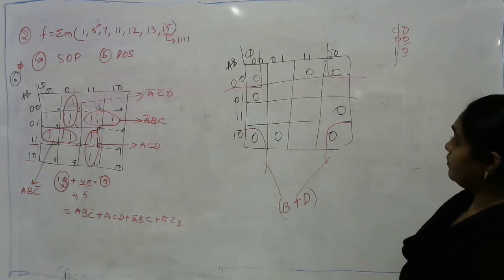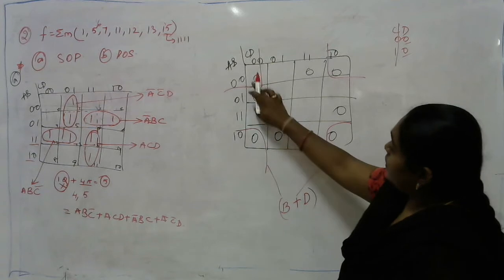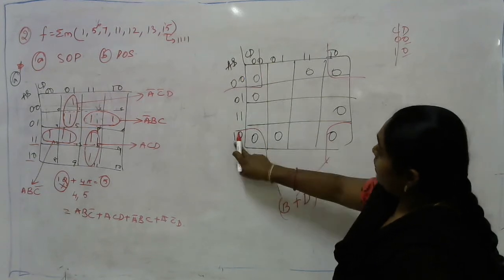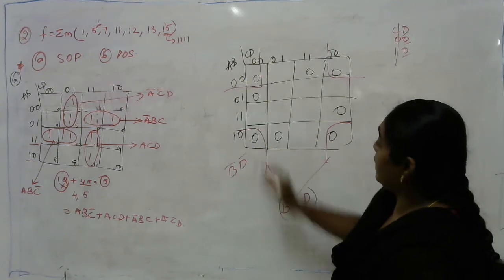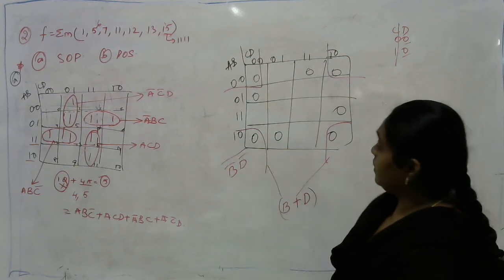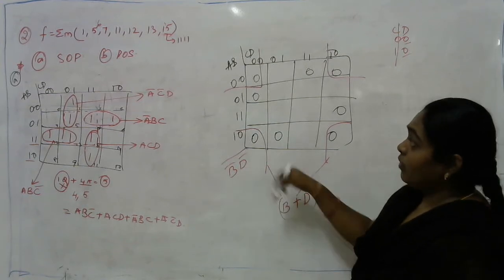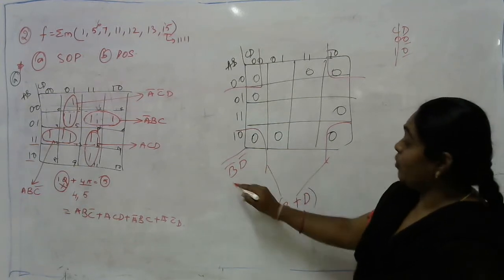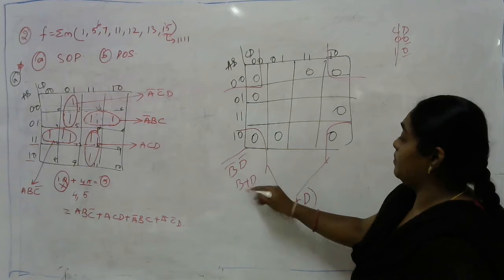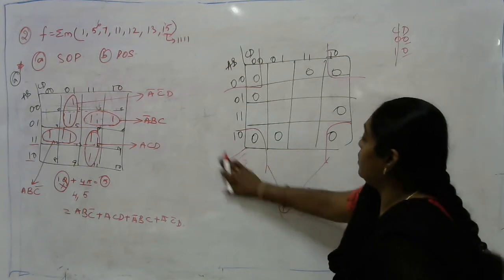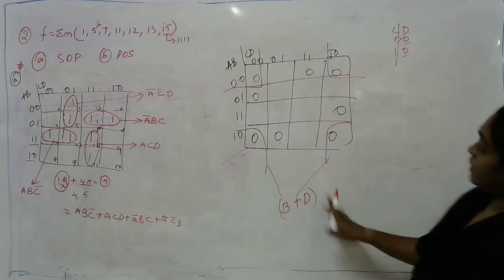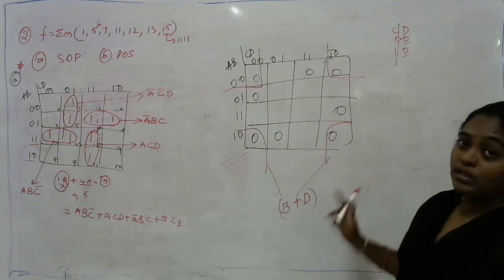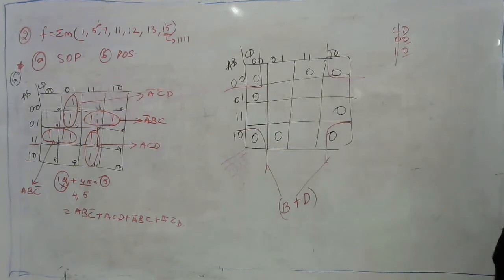Or if you are confused with that, you can directly write down an SOP. In the first case you will be getting B bar, for the second column case you will be getting D bar. If you complement this, as it is in min term and I want to write it in the max term, the whole complement will become B plus D. You can follow either the first method or the second method, both are one and the same. So the resultant of these four quad in the POS is B plus D.